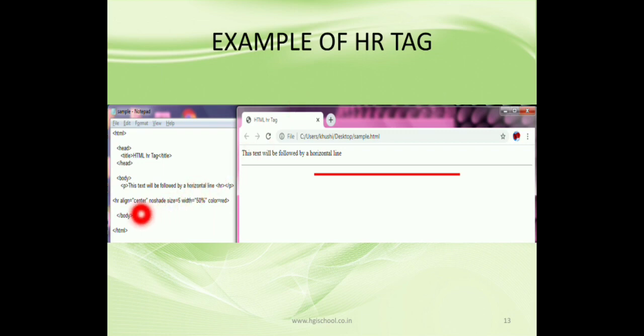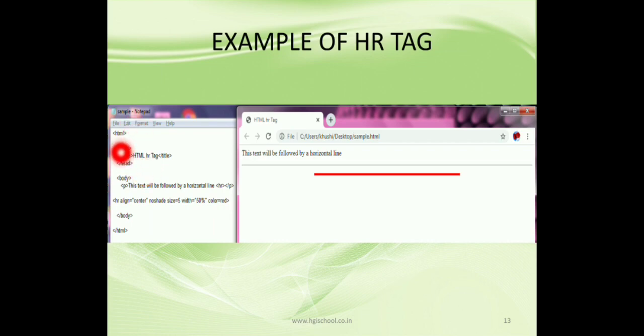An example is shown here. You can see it is a simple basic structure of the HTML document that you have to write in the notepad file. Here I have created the notepad file and saved the file with the name sample.html. Got it? You can also save it with your name.html or any name. Here you are able to see sample only, but it is actually sample.html. The .html is not shown in the title bar.